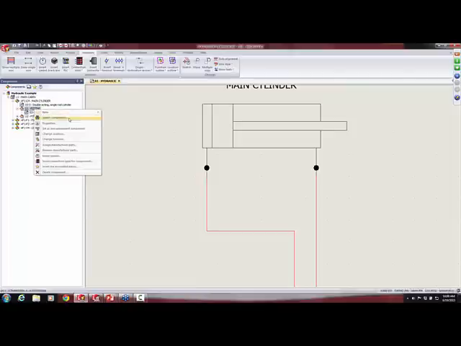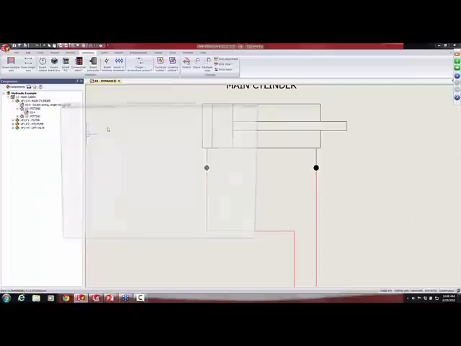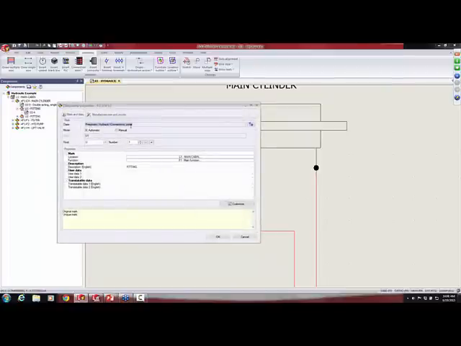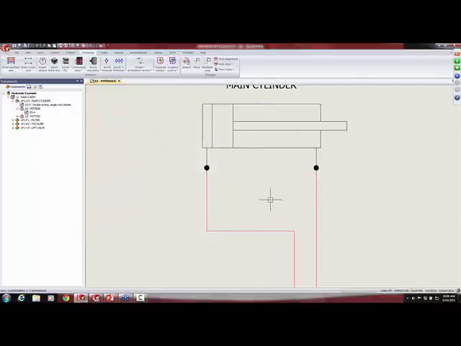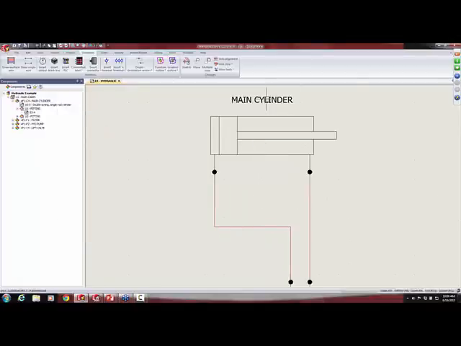I can look at the properties of this fitting, and I can see that fitting is pneumatic and hydraulic. If I go to my manufacturer part tab, here is the part in the database that's associated to that particular symbol. And with this all being in the database, then I can export reports, being bills of materials and things of that nature. So there's my U1 fitting going to the blind end on the cylinder,